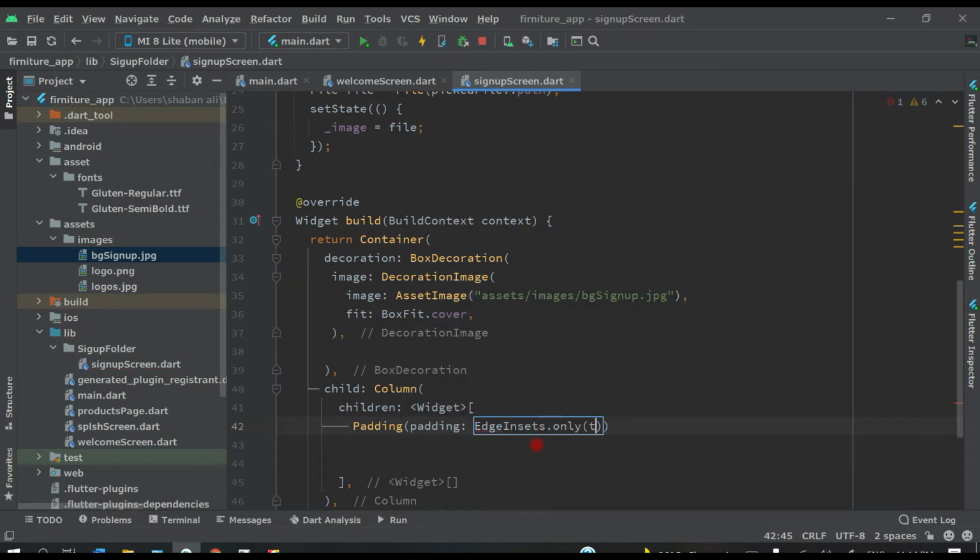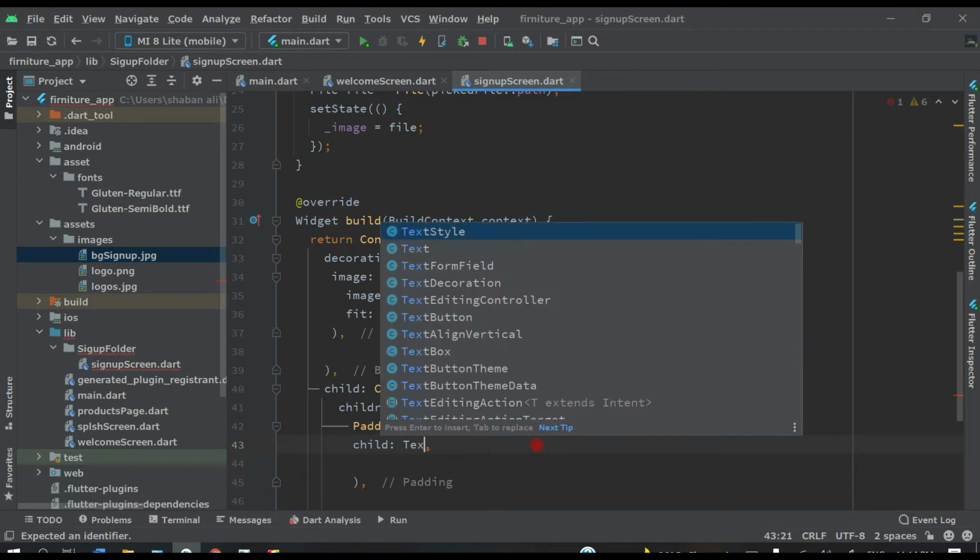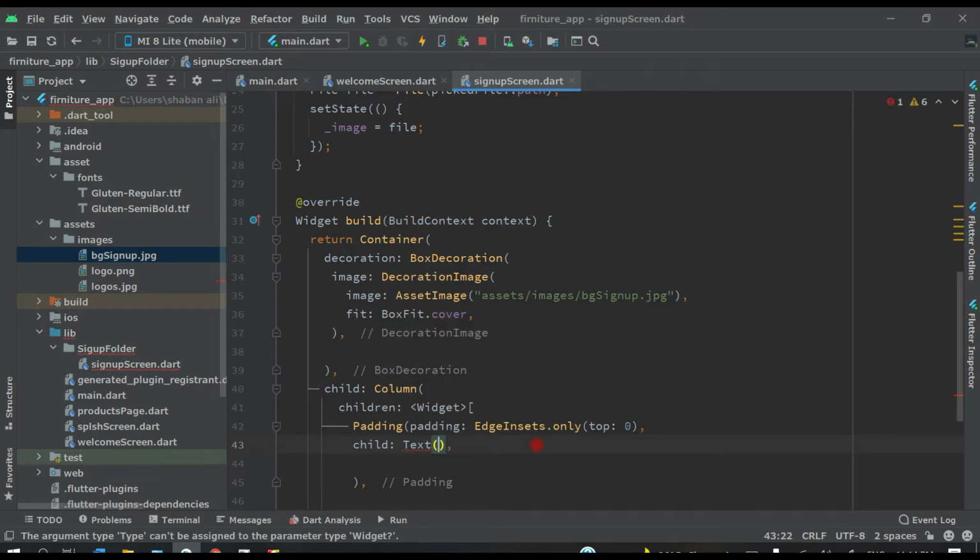only top 0, and then make sure to put a comma, and inside this padding let's write our heading, child Text, and open this and write here welcome to sign up, and let's give some style to this welcome heading.